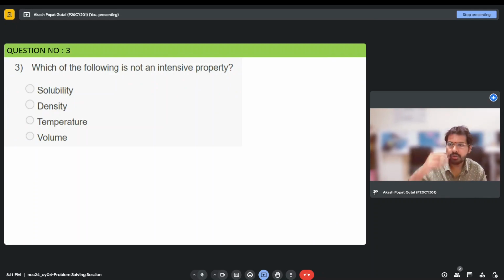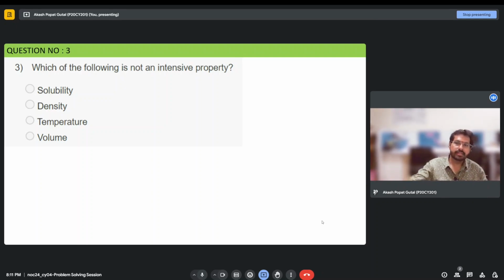So the third question is, which of the following is not an intensive property? Solubility, density, temperature, and volume. So we know the extensive and intensive properties. We have seen them back in the first or second week lectures. Intensive properties are the properties which do not depend upon the quantity of the given substance or the system, but extensive properties depend upon the quantity of